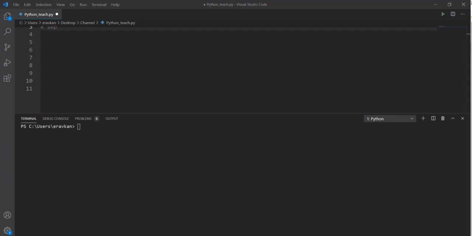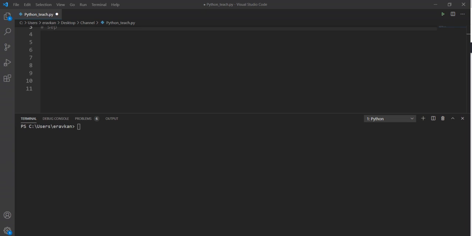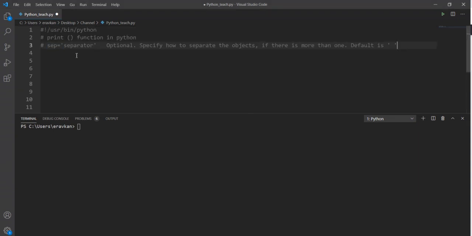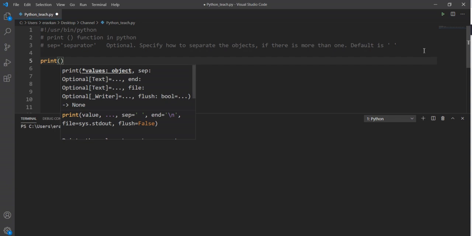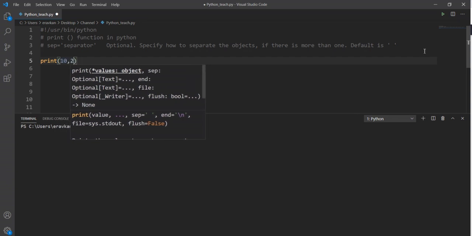Okay. One very important thing that we will see in print is the separator. So what is a separator, why do we use it, and what is significant if we provide it as an argument of print? By using the separator, you can specify how to separate the objects. The default is space. Suppose I print 10, 20 and 30.